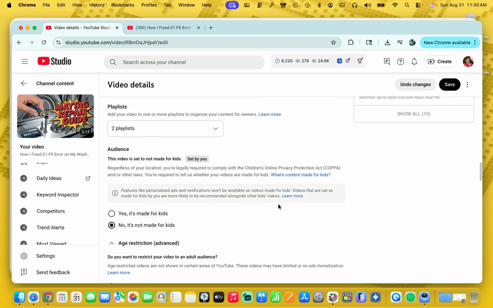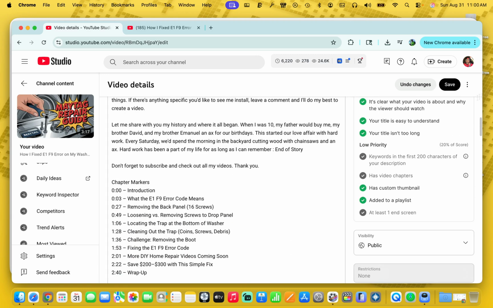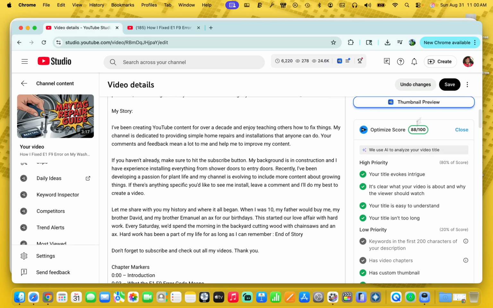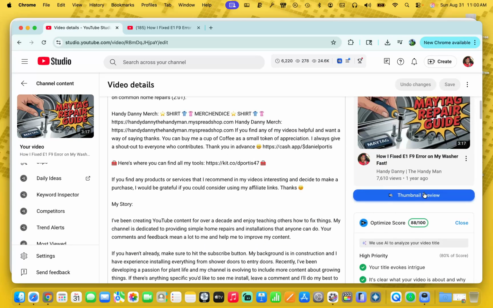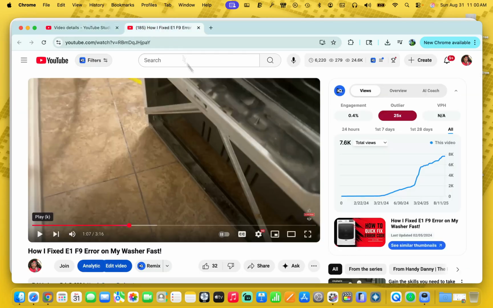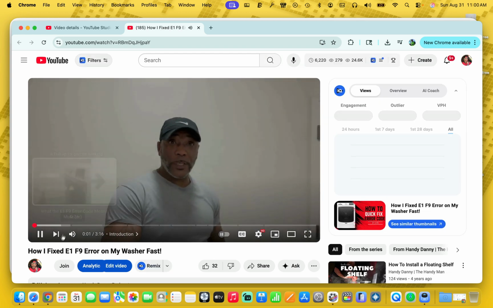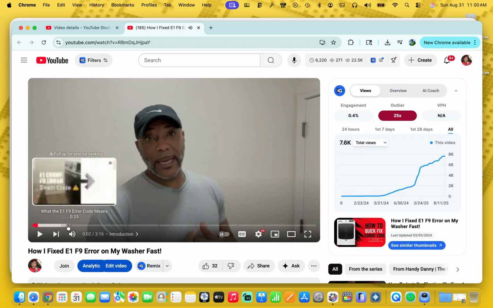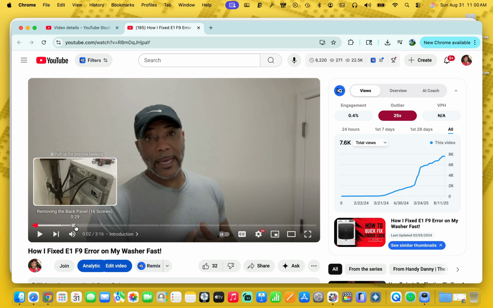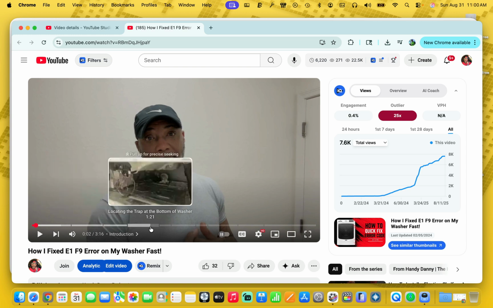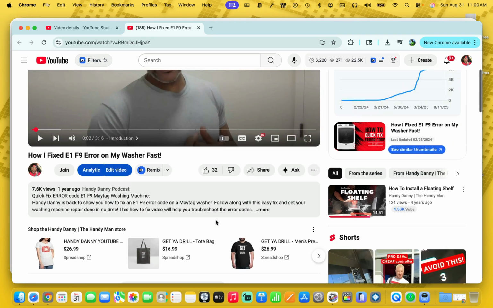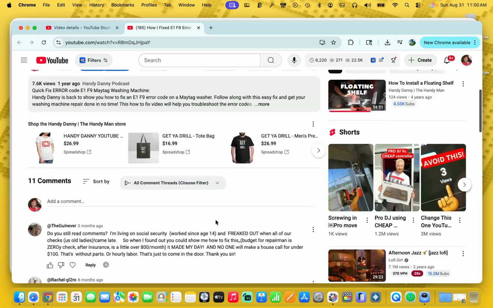And what I'm going to do now is go over here and hit save. You see my score was 88, and it might need a little while to re-rank through VidIQ, but awesome tool. Right here, I'm going to refresh. And on the refresh, now I have my chapter markers, right? I have the chapter markers removing the back panel. I have loosening and removing the panel. It's really broken down, helping me get more views.